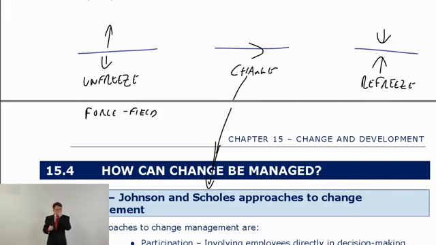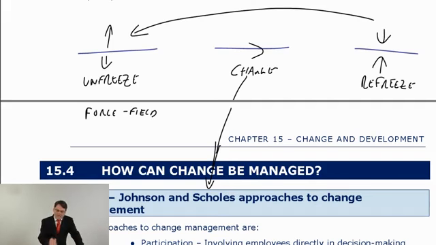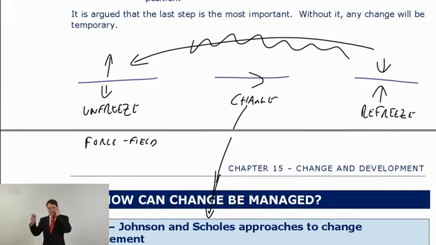And the refreeze stage is very, very important, and it often gets forgotten, which is why many changes don't actually work very well. Now, the refreeze stage is basically you make it difficult for people to go back to what they were doing originally. Because what everybody would like to do is go back to what they've always done. So the refreeze stage says, make it very difficult for people. Make it so they have to carry on doing this new thing, because otherwise they'll go back to what they've always done. Now, as an example of this,